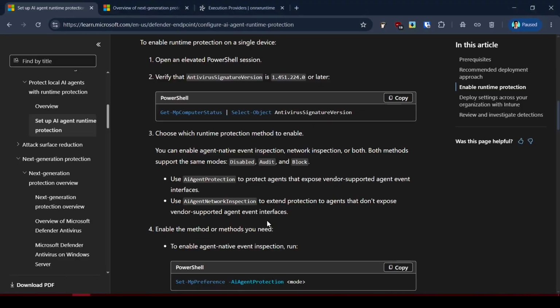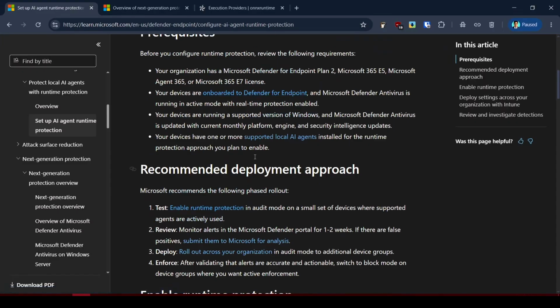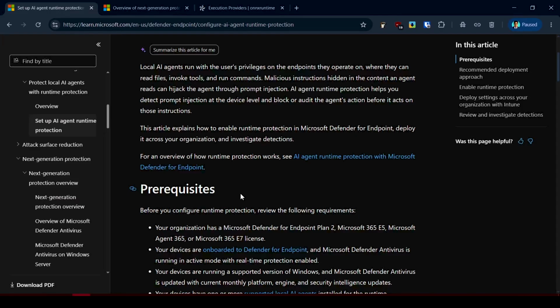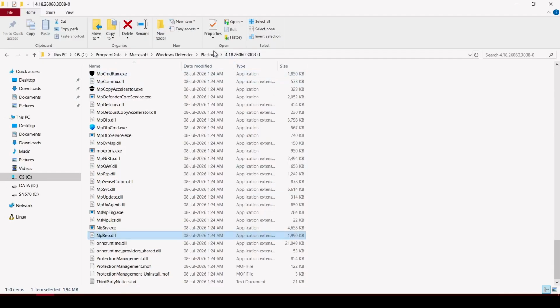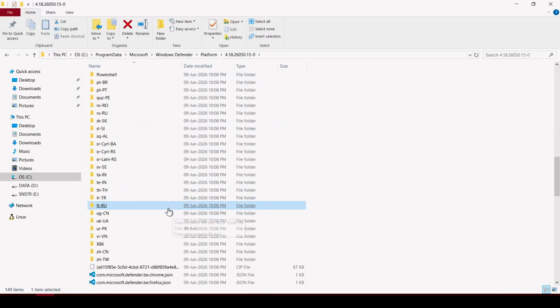It is now present on the latest platform version of Windows Defender, and currently I've gone through some of the documents in the endpoint protection, and I was even surprised to find the machine learning or AI based detection for Windows Defender. So they added this back in 26050 platform, and I'm currently on 26060. So in the previous version, they have added